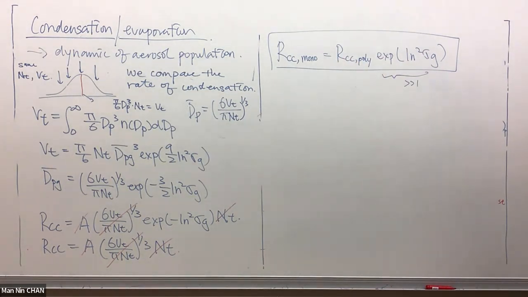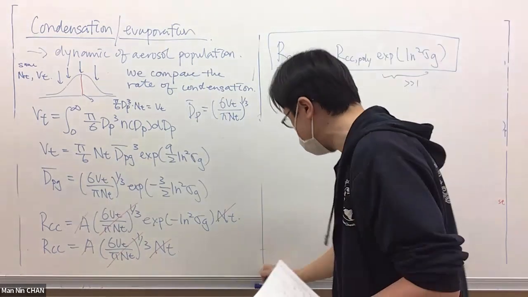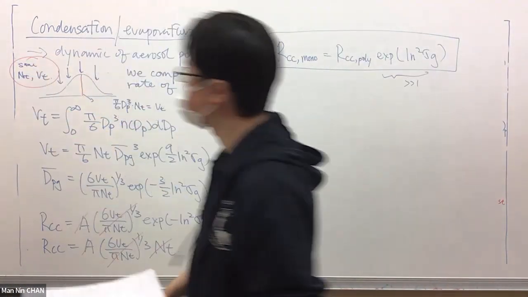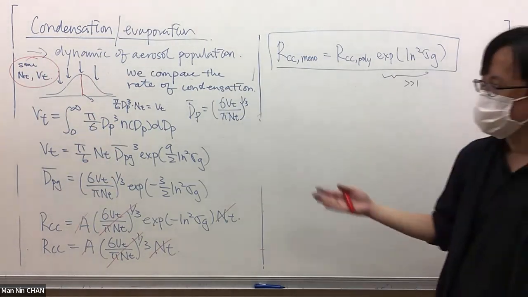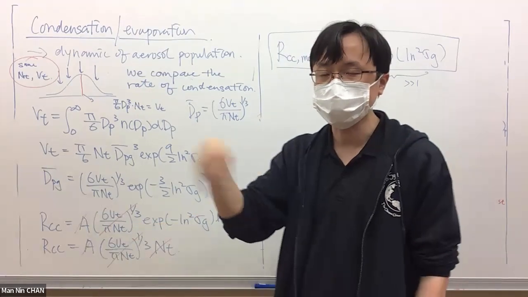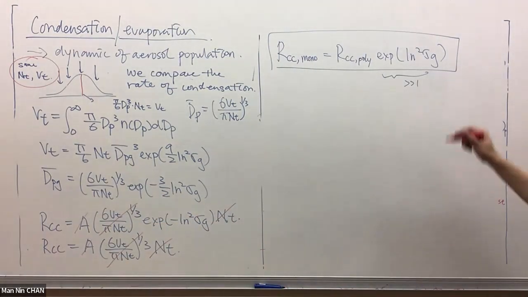So I just want to give you some quick ideas. Of course, we set some special case here, but just to give you some sense, because remember your condensational rate depends on the size, and then you compare the overall. Okay, so now I think the main message is